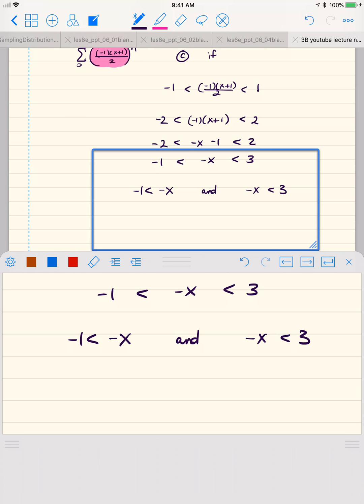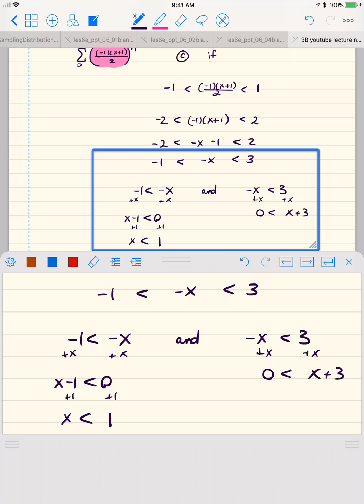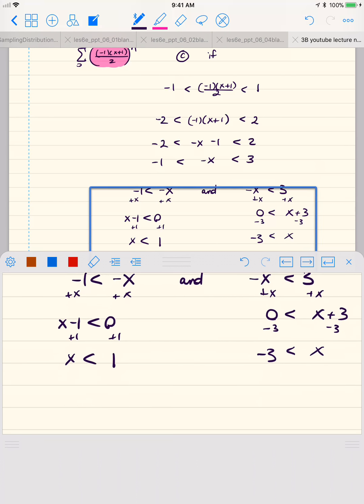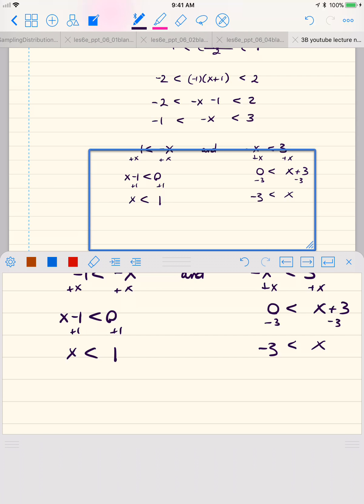Okay, so over here I can just add x to both sides. Right, so I'd have x minus 1 less than 0. Add 1 to both sides, x is less than 1. And over here, add x to both sides. I have x plus 3 greater than 0. Subtract 3 from both sides. I'll have x bigger than -3. So my requirement is that x is less than 1 and x is greater than -3, which gives us (-3, 1), that this is our domain,